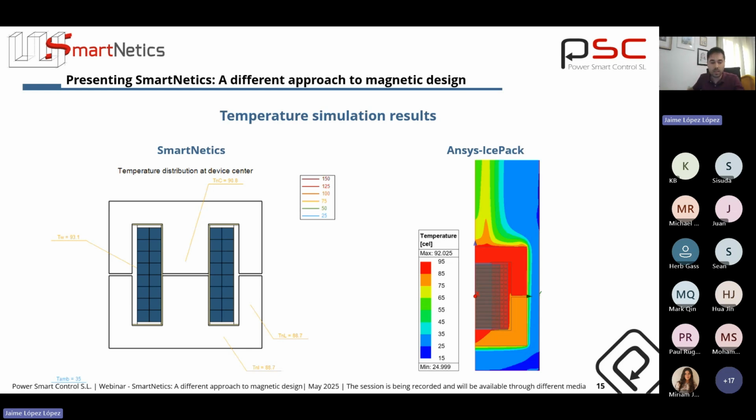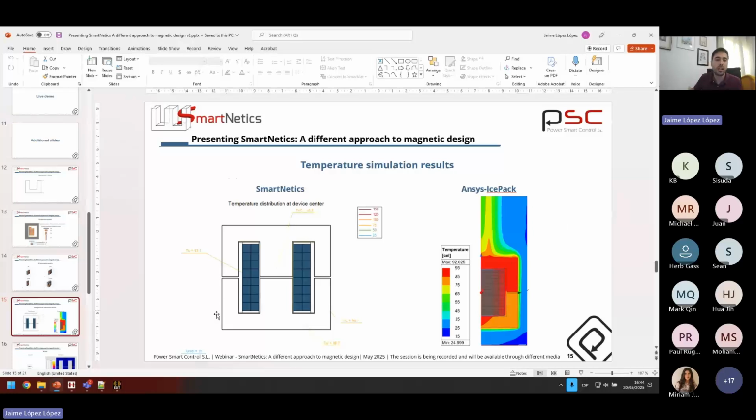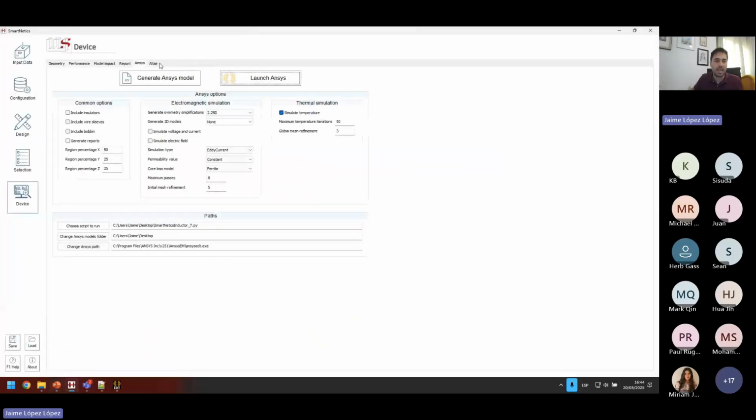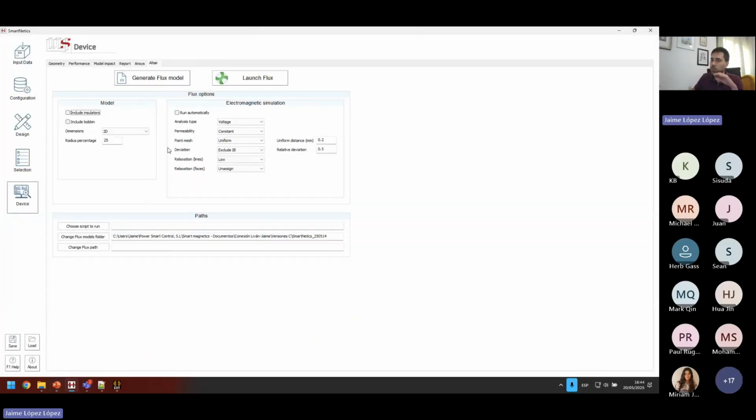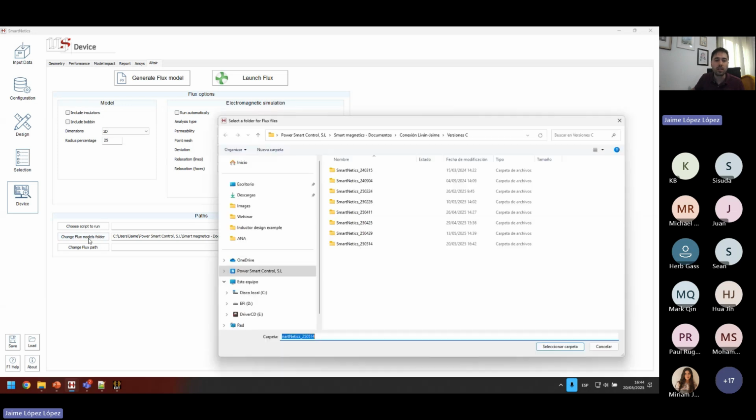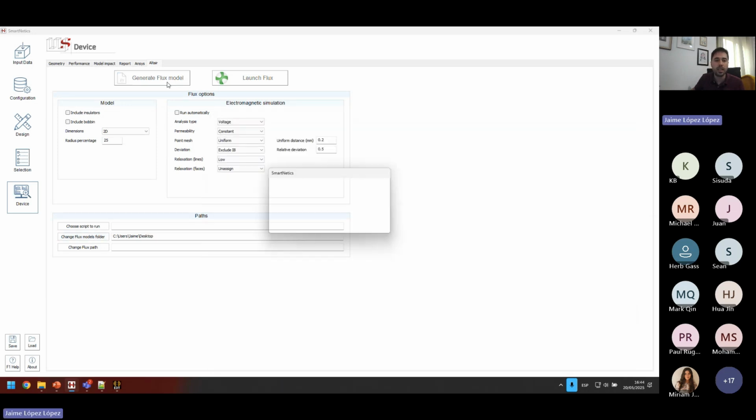And in this third version, we also provide access to another tool, which is Altair Flux. This is the last step in here, and you can do the same thing we did before. You can select what you want to configure in the simulation, if you know what you're doing. Otherwise, you can just leave everything as is. You don't even have to know how to use Flux. You can select where to place your model, and you can generate your model. The same thing as before.